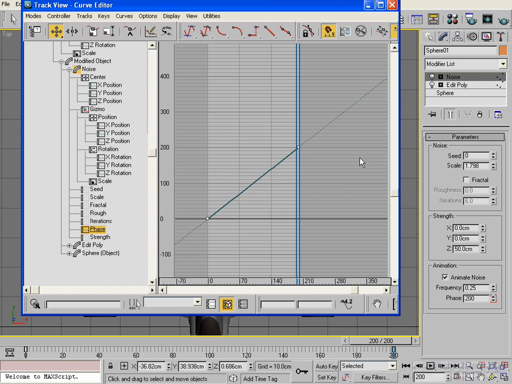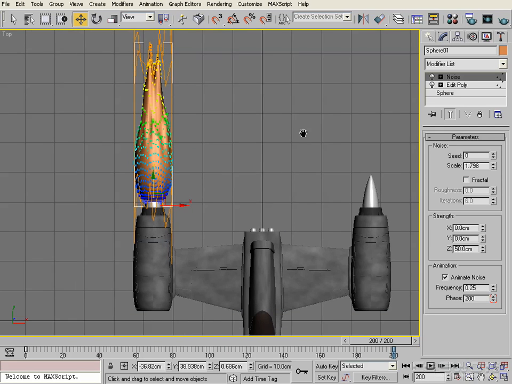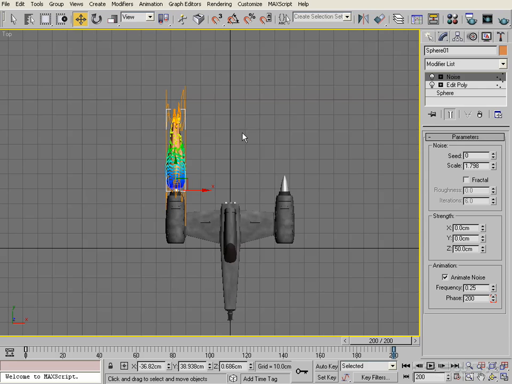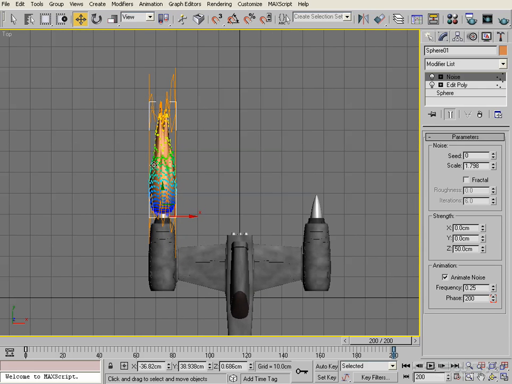And it's not just going to stop when it gets to that last keyframe. So that's the process really of setting up a loopable sort of animation. We're going to use that throughout the setting up of this ship. And it's a little bit messy to look at in the viewport here, and we're going to fix that by